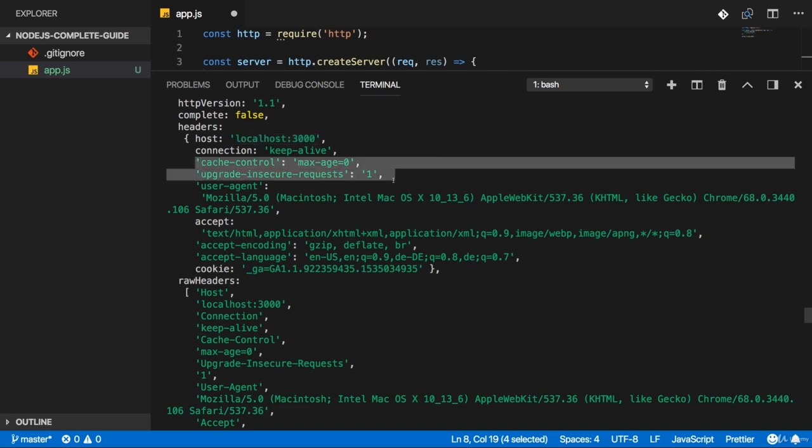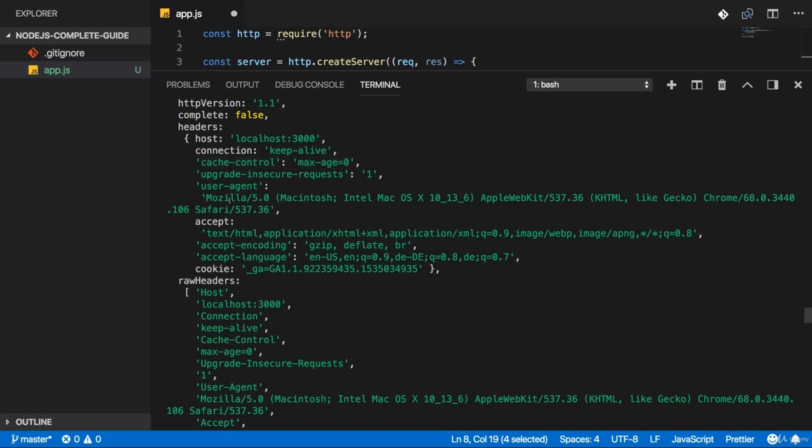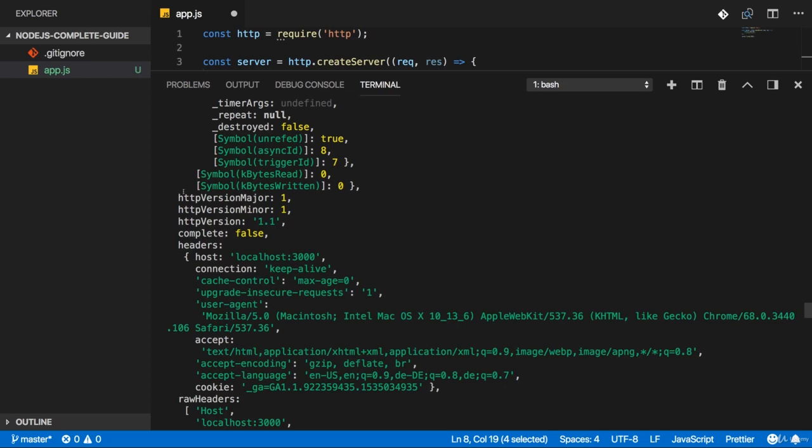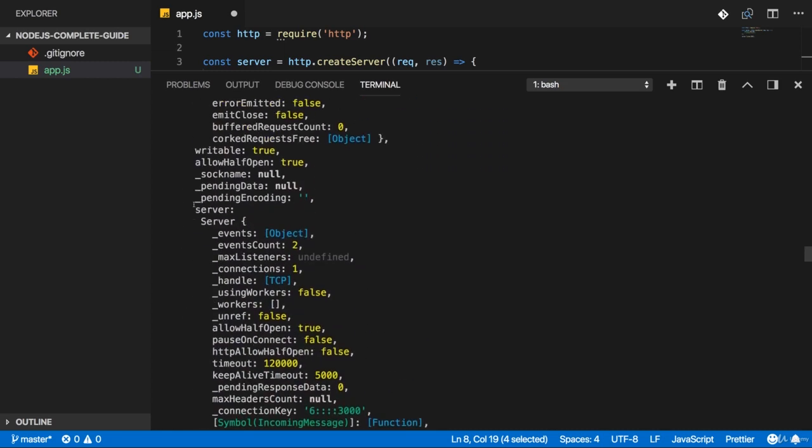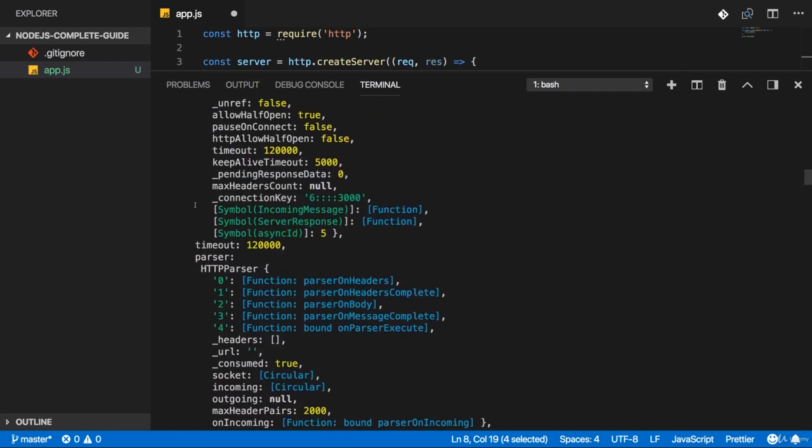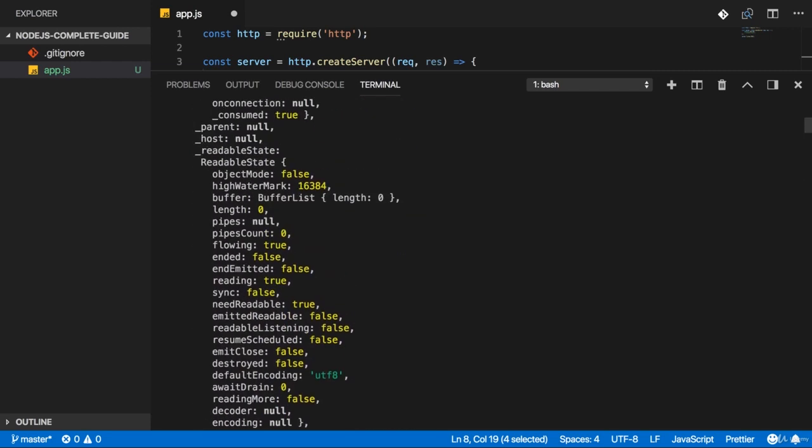We saw some headers attached by the browser, like, for example, how the response data should be cached and stuff like that, which browser we used for that request, which kind of response we would accept, that we accept some HTML, XML, and so on, that we would accept encoded responses, so where the response is actually minified to, well, save bandwidth, and so on. There also was a cookie attached even. We haven't learned about cookies yet. We will later, but this was attached. It's some Google Analytics cookie. We saw which HTTP version was used, and so on. So there's a lot we can gain from that request, but a bit too much.